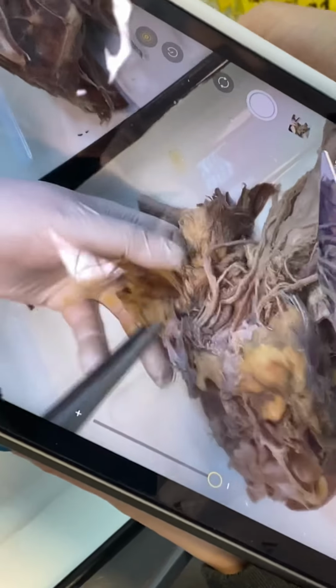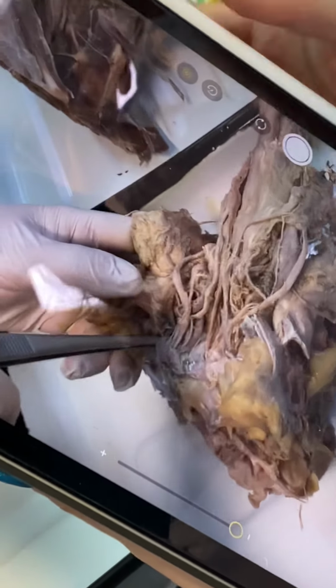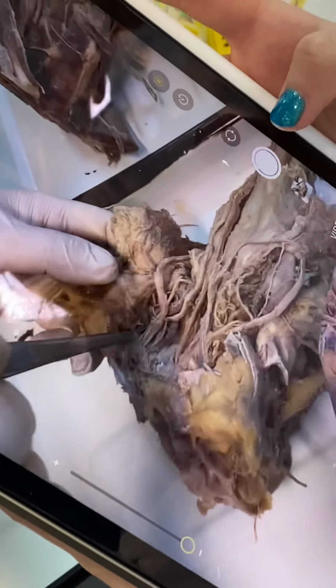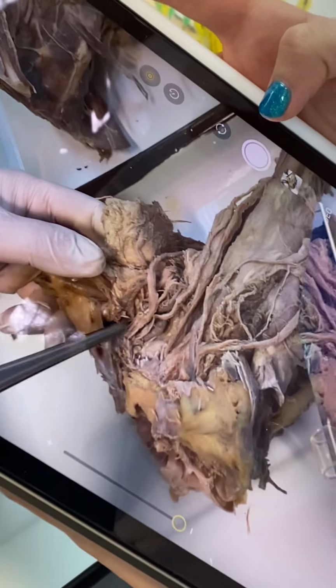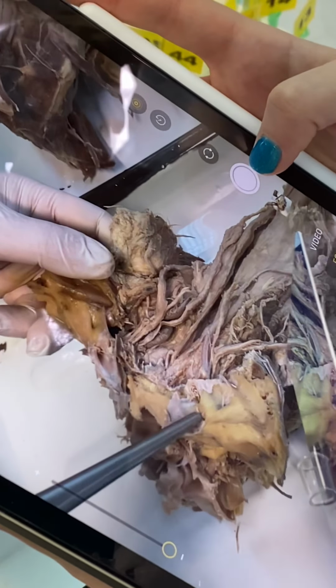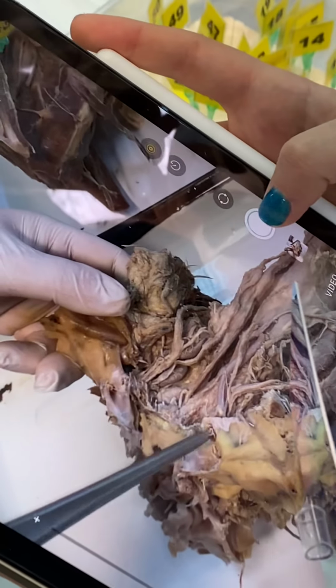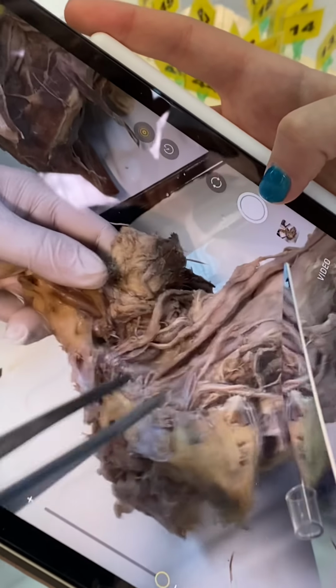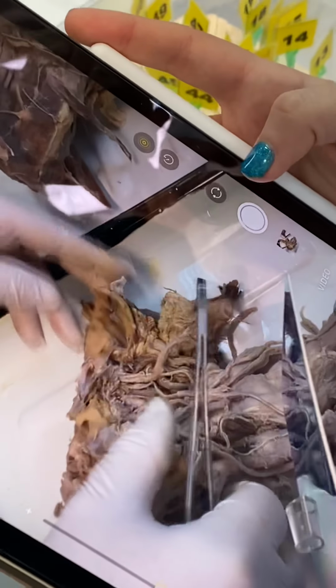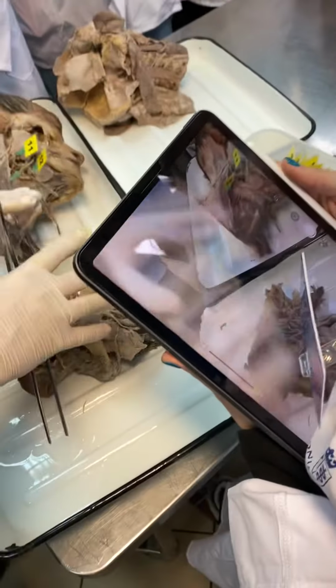Where can we see the sigmoid sinus? Well, it's right here. It's half opened. This is the internal acoustic foramen. Yeah, that's right here. Don't panic. I was just showing this specimen to show you that such things